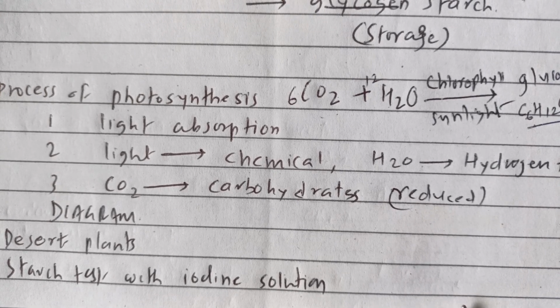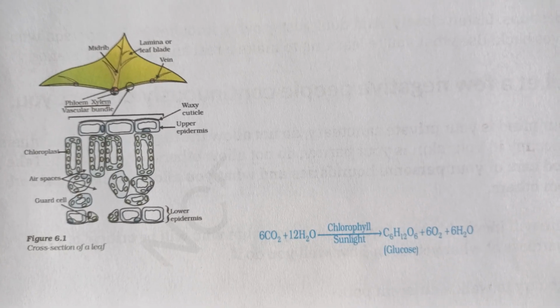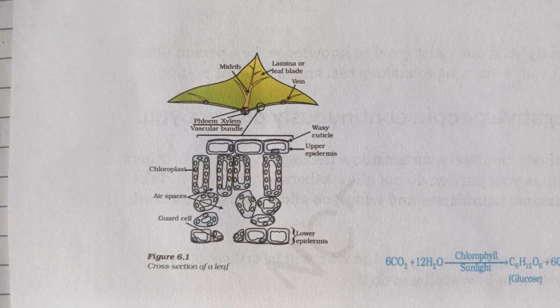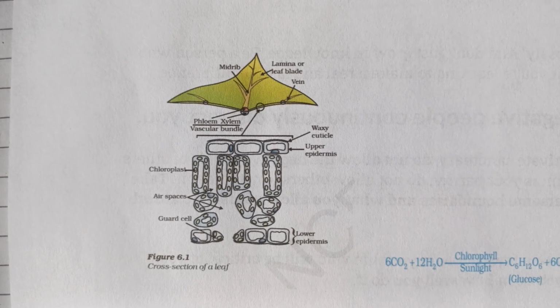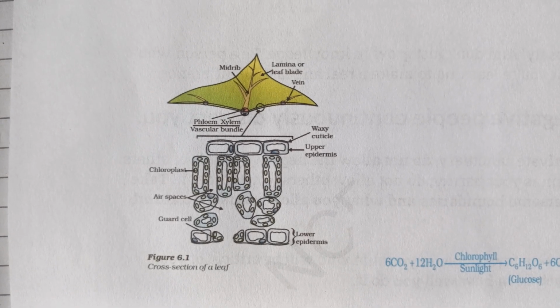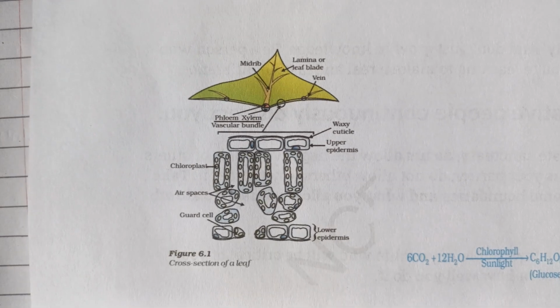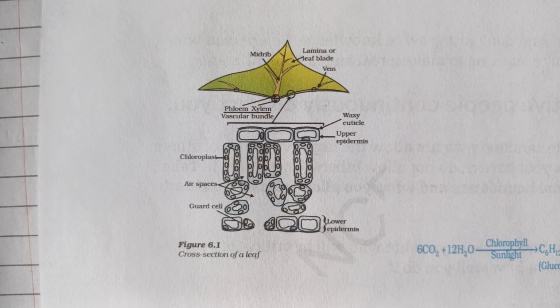Now let's have a look at the diagram for this mechanism. So here is a diagram for the structure of the leaf that is involved in photosynthesis, and let's go through this very briefly because you're not required to know it in great detail at this stage. But these steps take place in relation to the leaf, and we have the lamina or the leaf blade here,